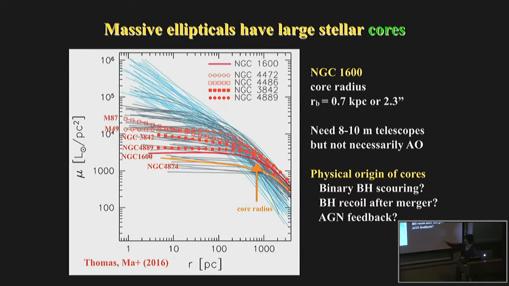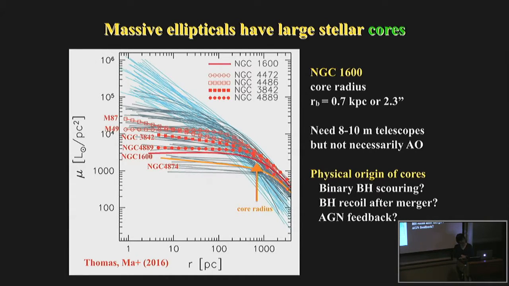Okay. But the outer parts obviously are brighter, so their total luminosities are brighter, but near the core, here I'm talking about within about 1 kiloparsec, they flatten. So you can fit to the core radius. The core size clearly is indicating some physics happening here. And because they are flattened, there's so little light here, people used to target these black holes smartly. These are much easier to study because you can get enough signal to noise for the spectrum. People used to use the HST for the angular resolution. Our strategy had been, in order to study these, we really need 8 to 10 meter ground-based telescopes, but we still need fantastic seeing.